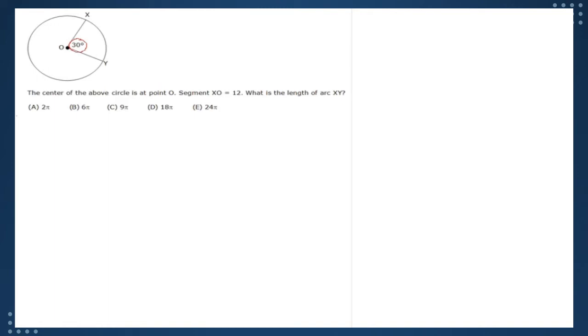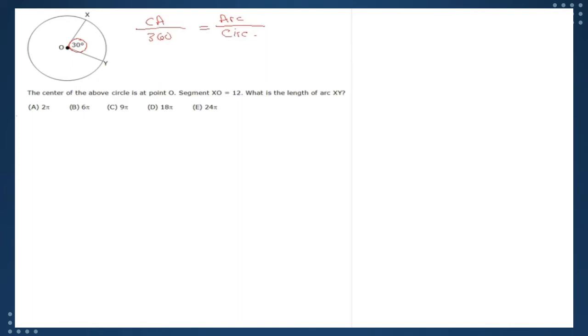So you can say that the central angle, which I'll label CA, is to 360 as the arc length, and when we say arc length, that just means a fractional component of the circumference, is to the circumference. So, again, central angle is to 360 as arc length is to circumference. All very important stuff to know.